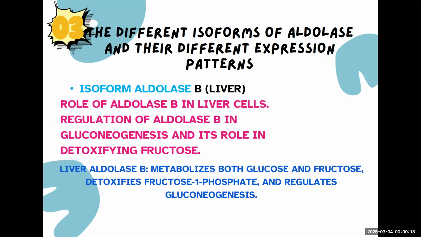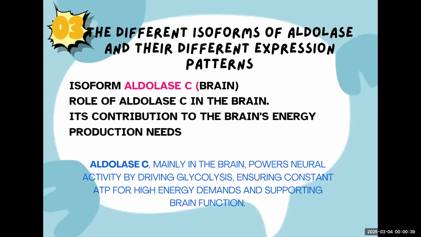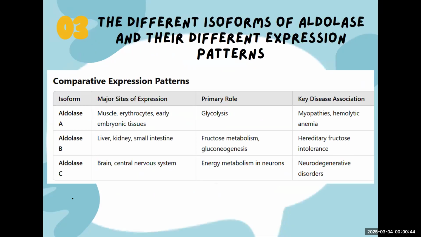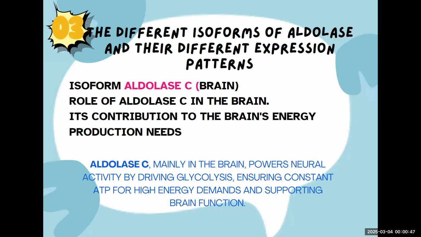The second isoform is aldolase B, and this aldolase B is present in the liver to regulate the role of detoxification of fructose. We're going to talk about aldolase B in detail in the next slide. The third form is aldolase C, aldolase isoform C, and this is present in the brain and has